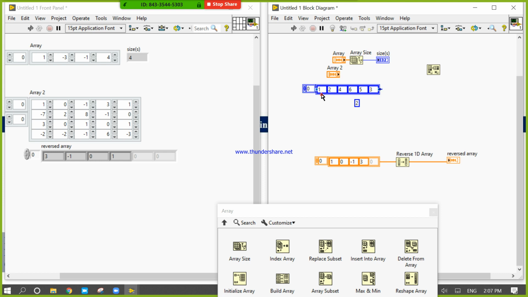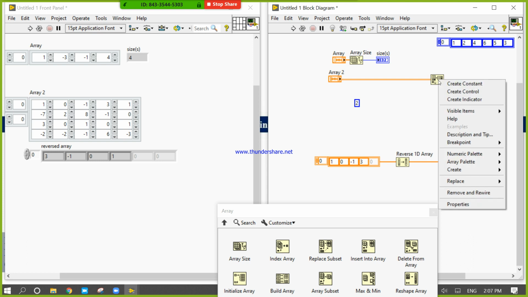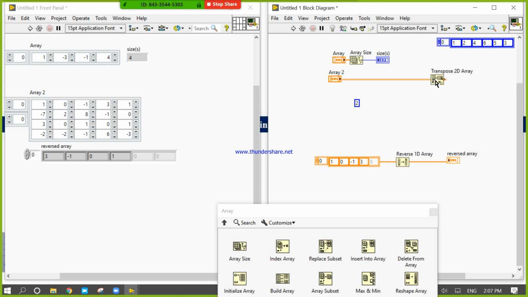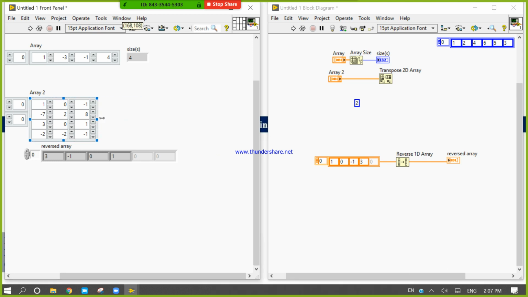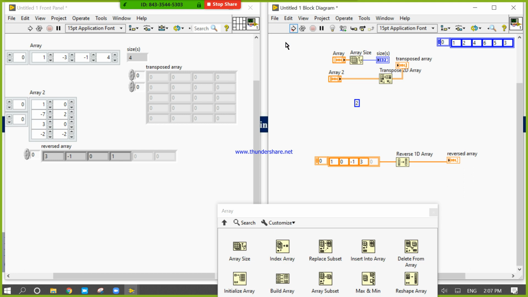By using this transpose 2D array, you can transpose your 2D array from X to Y. Now you can see it is transposed: 1 4 3 2, so 1 7 1 -7 3 -2. X to Y, Y to X.